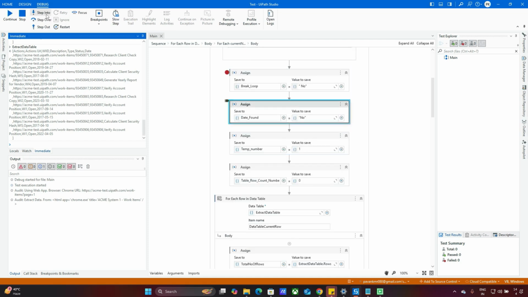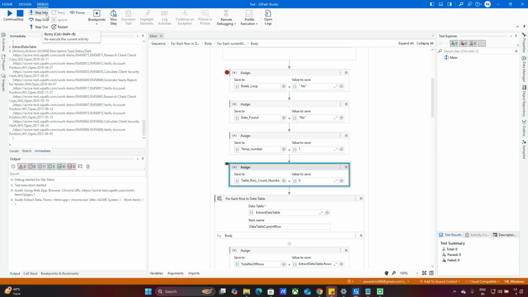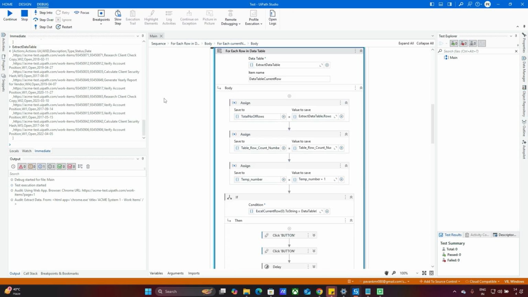So now I will make this initial break loop a no. If I don't keep the no, then it will go there and we will get some issues. So that's why I keep pressing no. These are all initial state declarations. Okay, now it will go to this first thing,